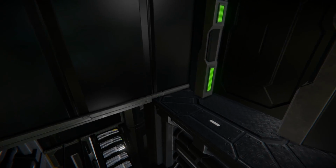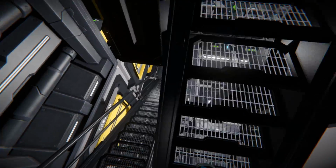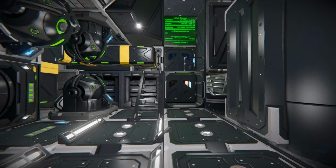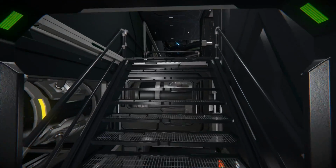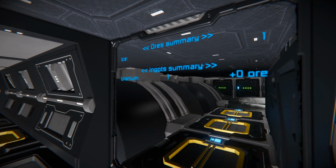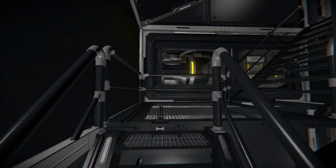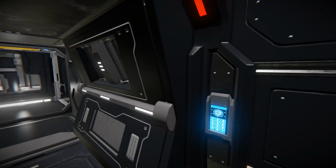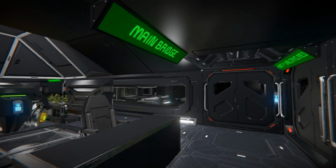What else is there, though? Did we look at everything? Can we go this way? We did. Okay. And this ship is a little bit hard to judge because it looks a little bit bigger on the outside because of the size of the design of the ship. I feel like we already went this way. Nope. Never mind. Did not go this way. It's like the reactor room here. But yeah, at the same time, because it's a bit smaller than the ship that I originally remembered thinking was a similar design, I don't really know how much of it...